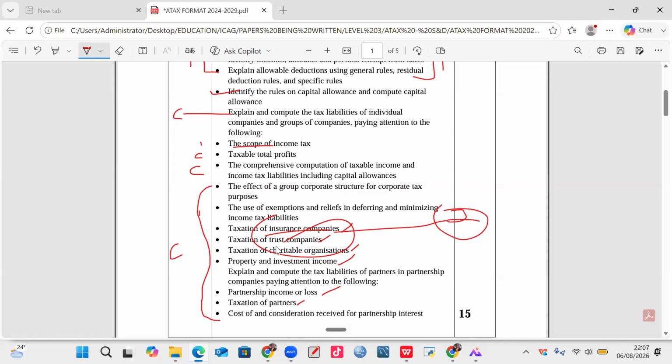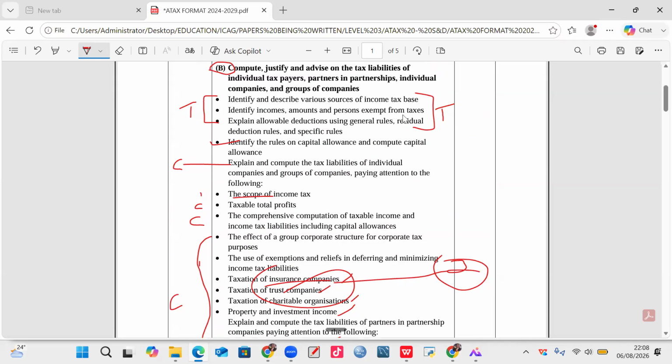If it is trust, how did he solve the question on trust? The computational part, the taxation, how did he solve it? I have to do the same thing. Pick the same questions and solve them. Right? Charitable organization, how did he solve it? I have to do the same thing. Okay, the theories, we can read them. He will give explanations because some of them can ask theories as well.